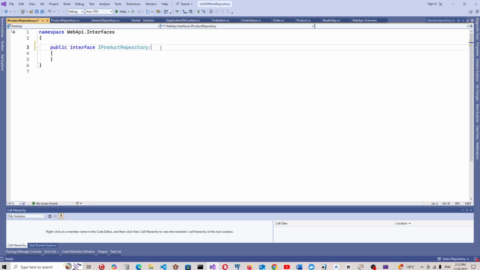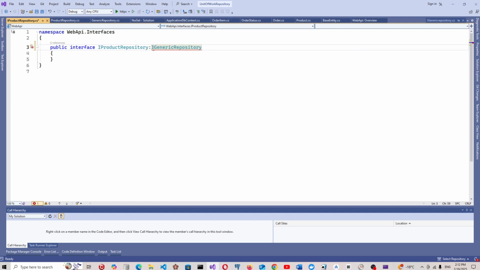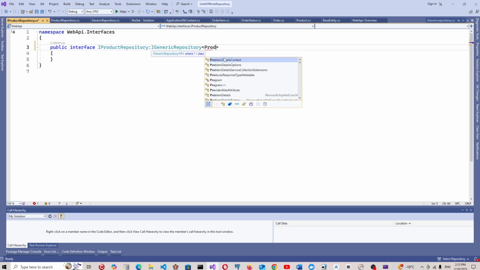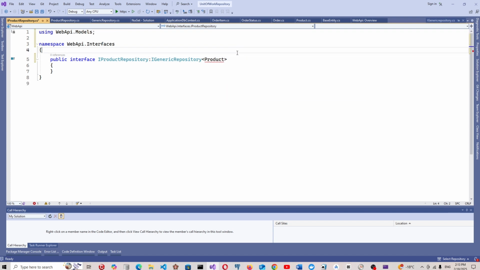This will be inherited from the generic repository. Interface can have multiple inheritance, and this is just inherit from generic repository. And the T this time will be the product, and it will inherit everything of the generic repository plus